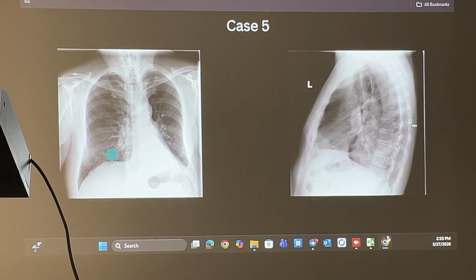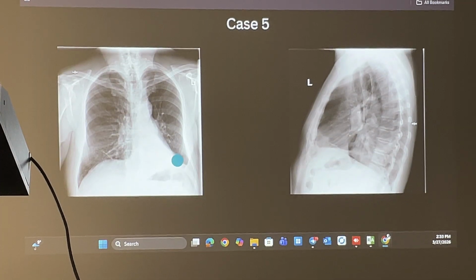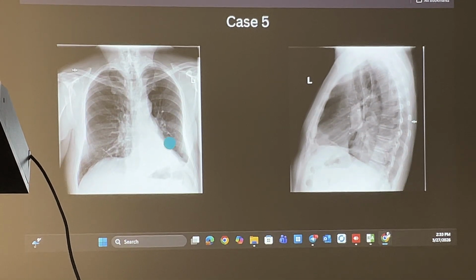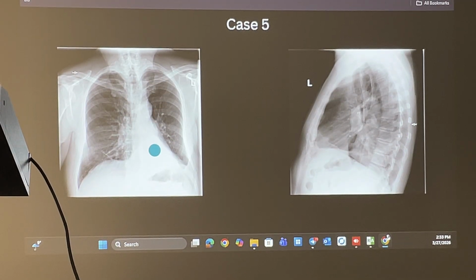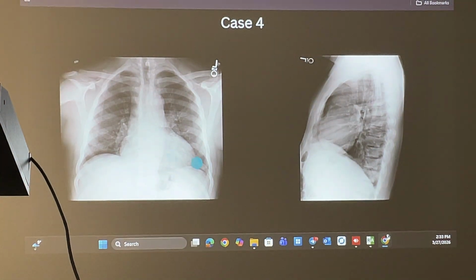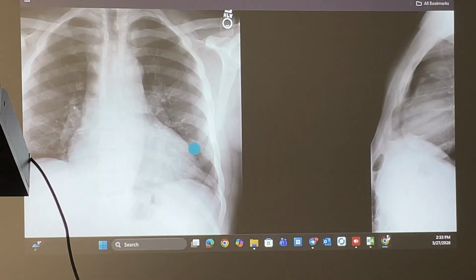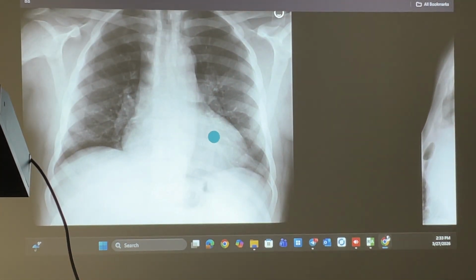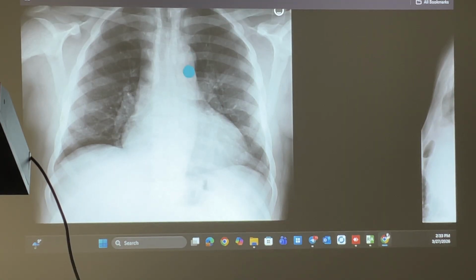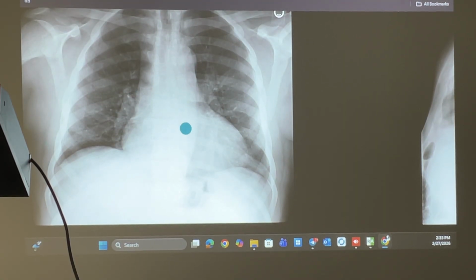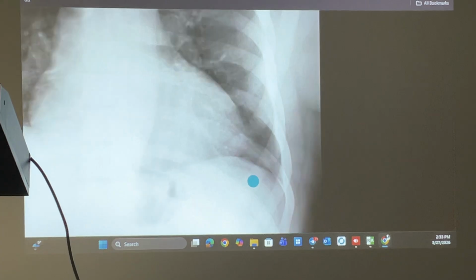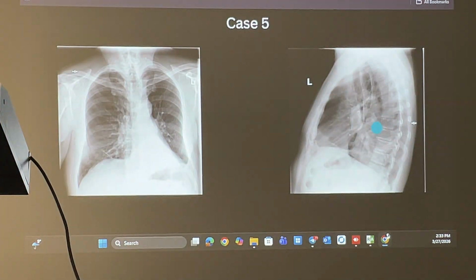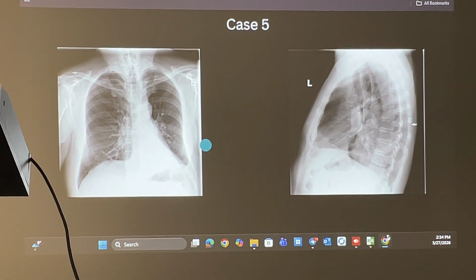So similar to previous cases, here we have lost the visualization of the left hemidiaphragm. But here, in comparison with previous cases, we can no longer see the outline of the descending aorta. Can you see the descending aorta? This is the aortic arch, and then the descending aorta. Here you cannot see the descending aorta,